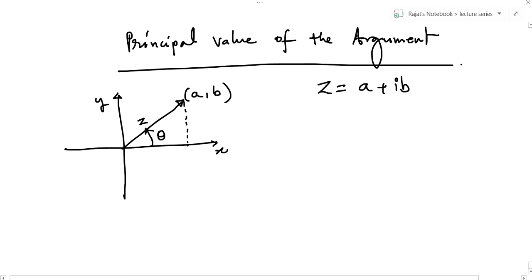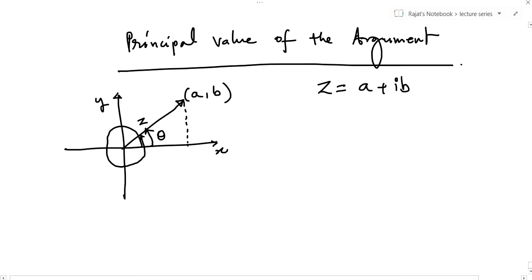Interestingly, if I turn around once and then come back to this point, this is also going to be the argument of the complex number, because you are essentially turning by 2 pi and then again turning by theta, and 2 pi is the period of the trigonometric functions sine and cos. So this is again going to be the argument, and you can further repeat it. If you are turning around, let us say n times, where n is a natural number, that will also be the argument of the complex number.